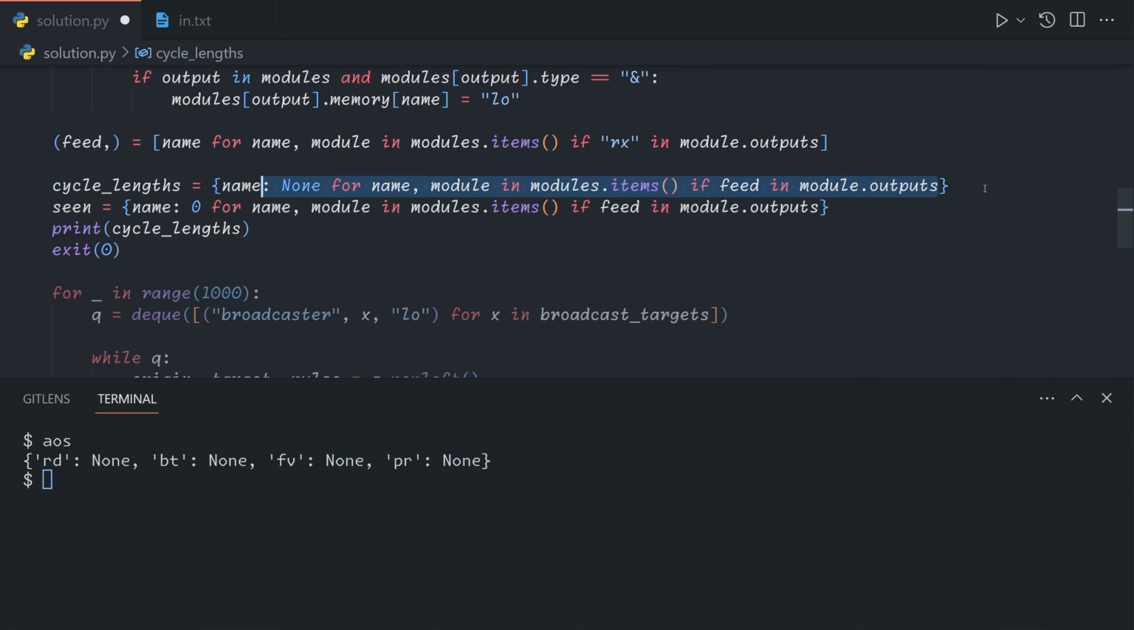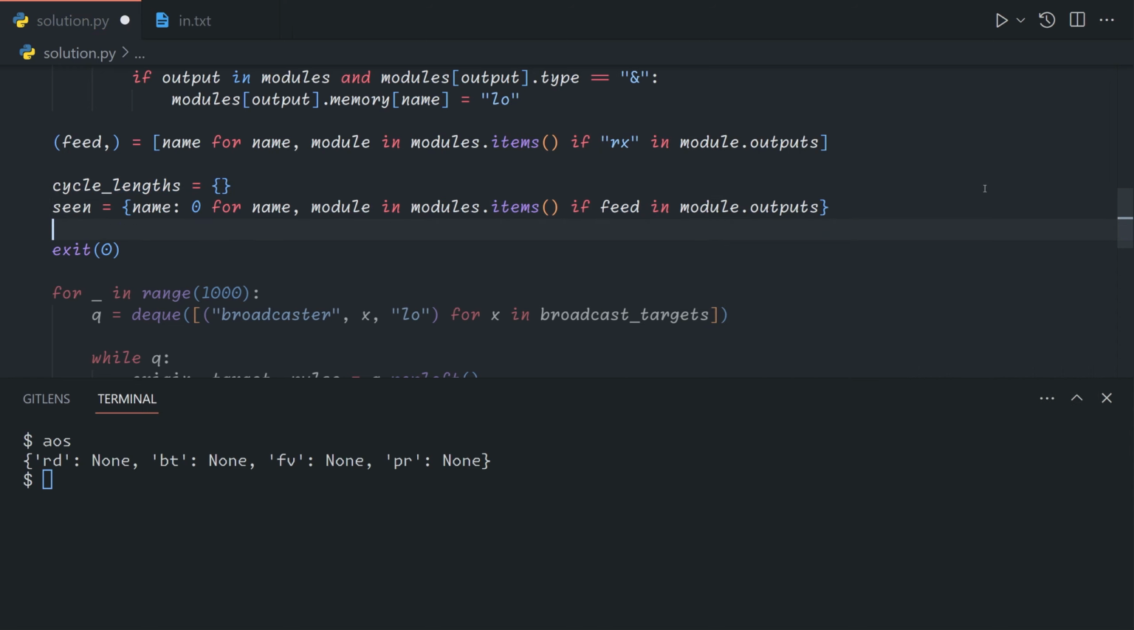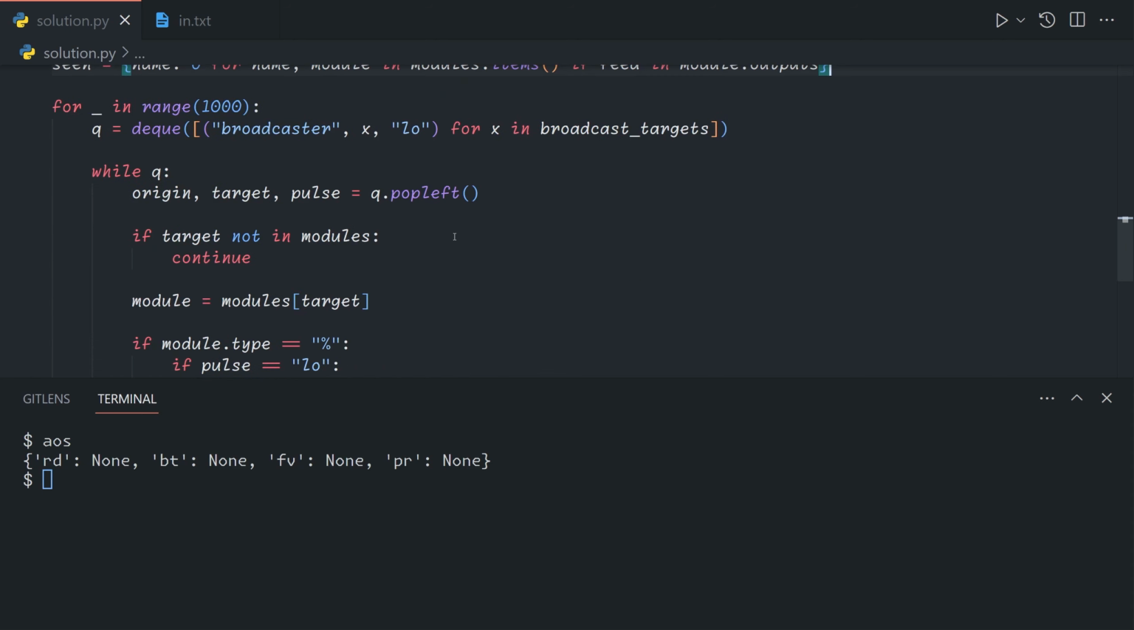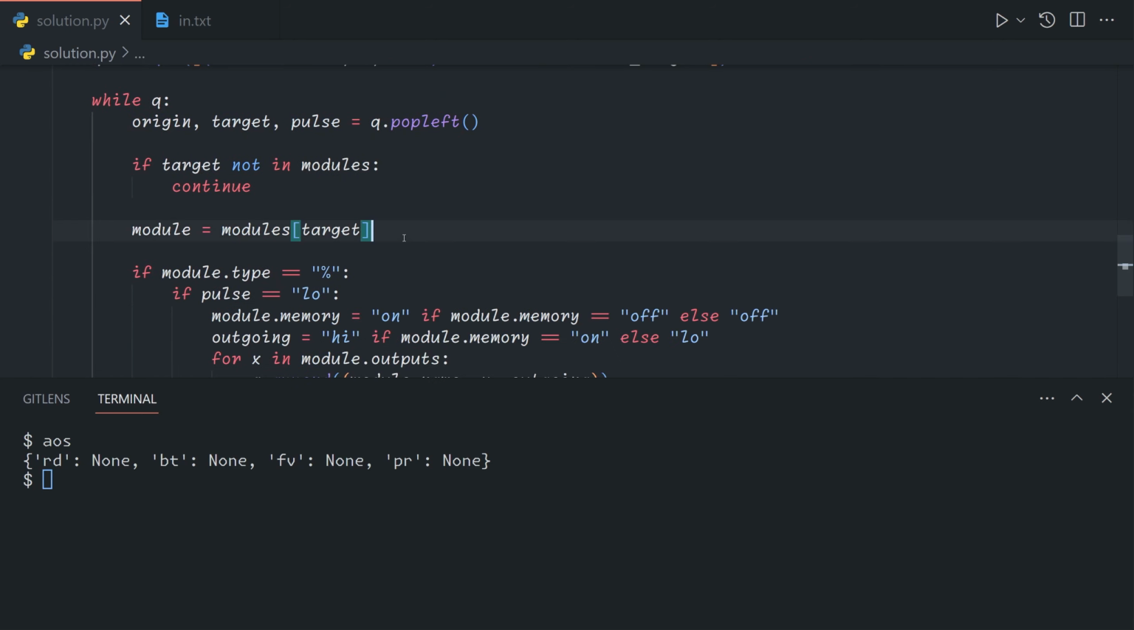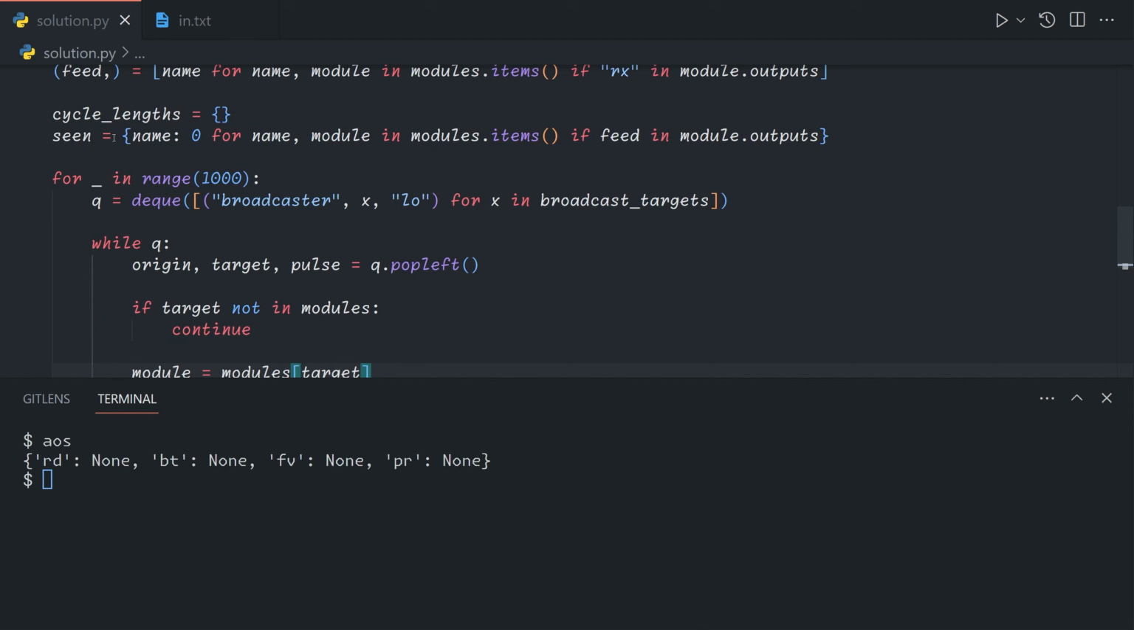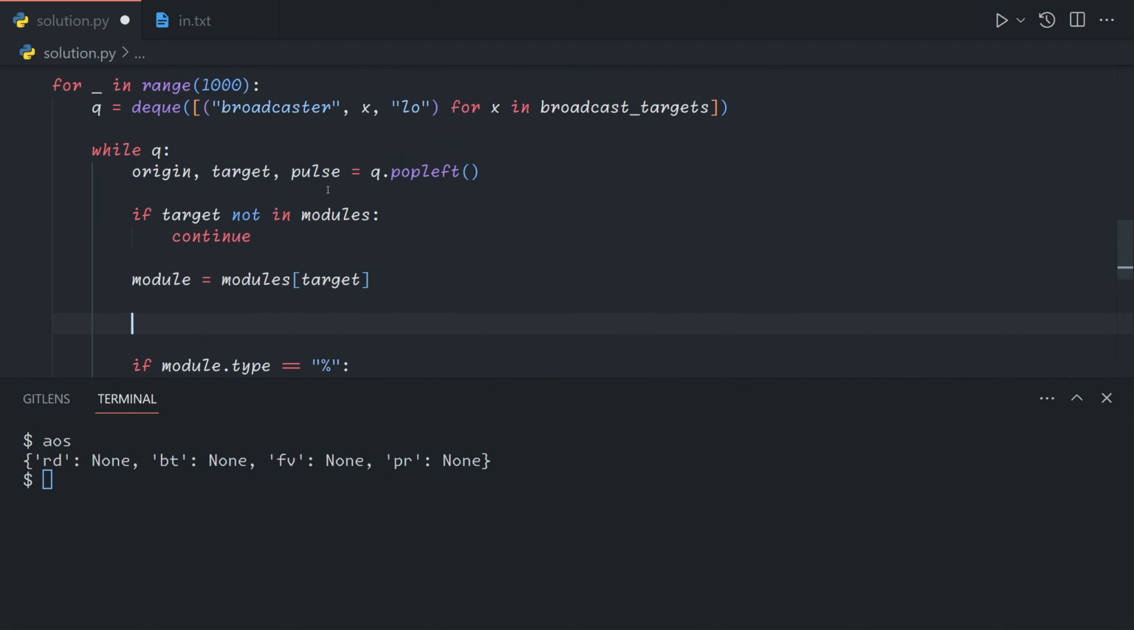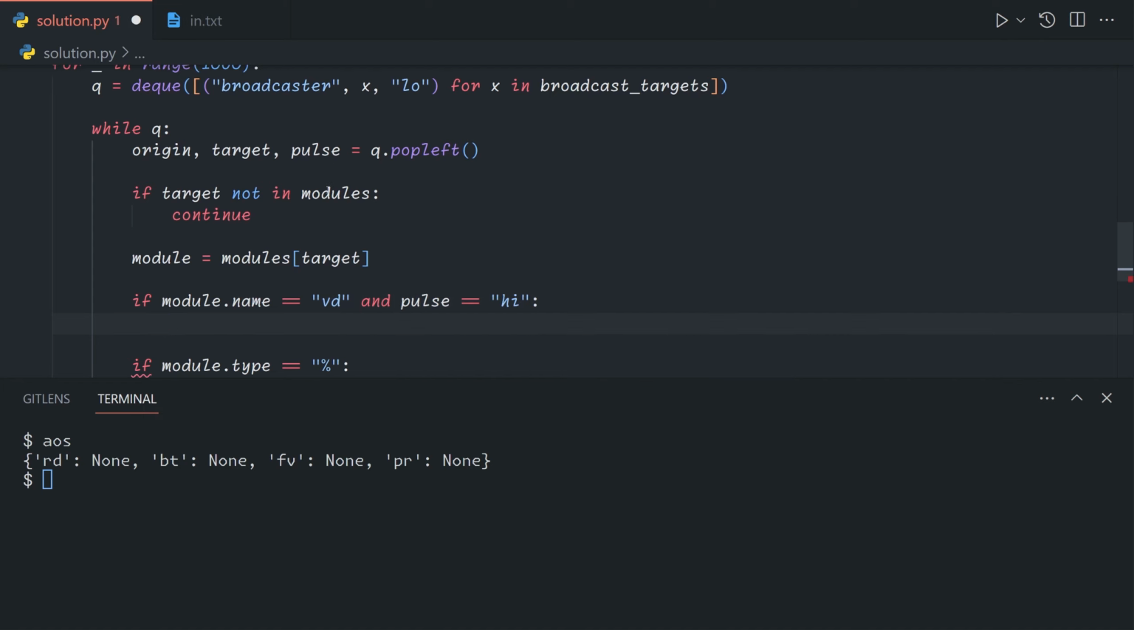And actually, we're going to clear this and just make it empty for now. So now what we're going to do is each time we see one of these modules, we'll say if module.outputs. If feed is in module.outputs and the pulse type is, if the module name is equal to VD and the pulse is high, then we want to record the cycling